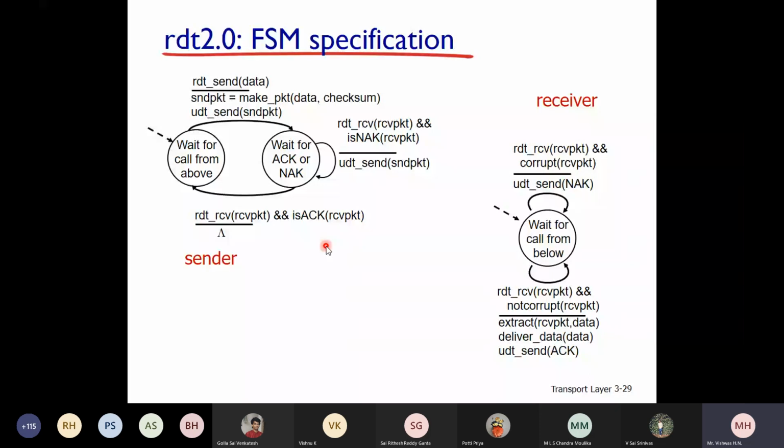Yes, tell me. Sir, the receiver is sending some acknowledgement, no, sir? It should get some acknowledgement of whether the message correctly reached the sender side or not. It should send an acknowledgement. You are saying it should be a three-way, like TCP?